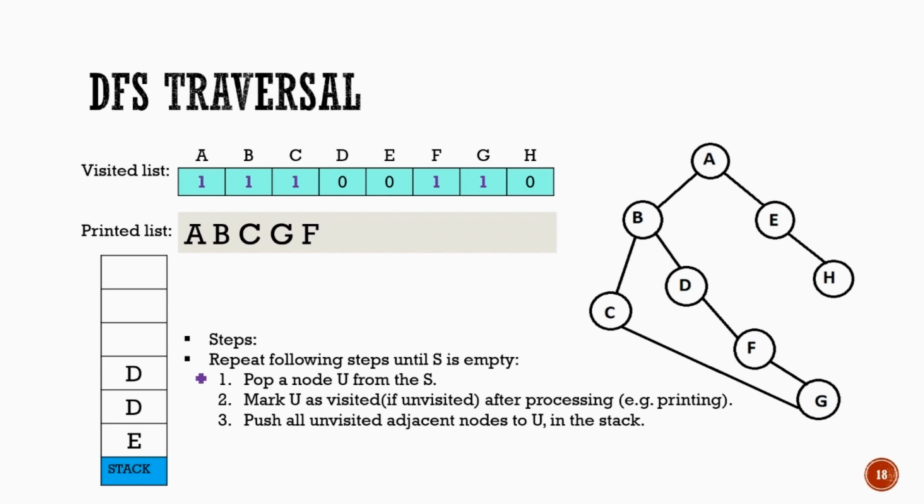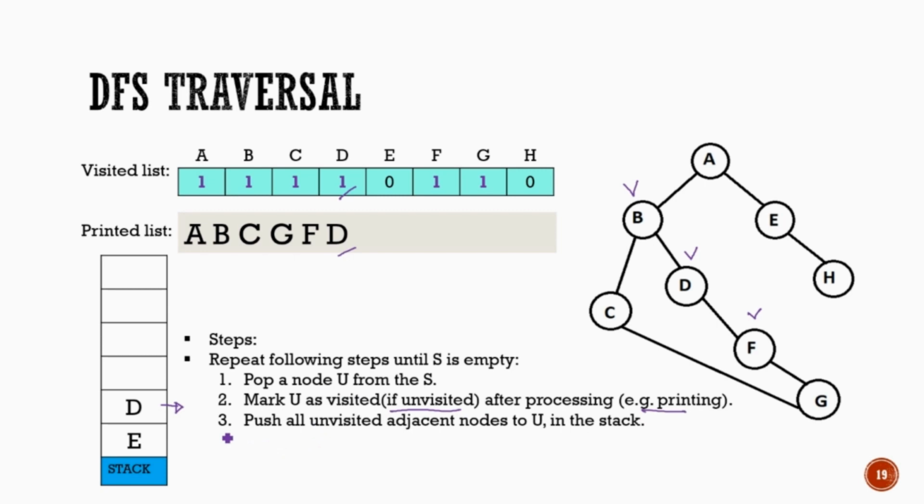Next we will take node D from the stack and print it. So we print node D and mark it as visited. Look carefully that the adjacent nodes of D are already visited. Node B is already visited and node F is also visited. So all the adjacent nodes of D are visited. So we can backtrack. So we pop the previous unvisited node and we see that this node is D. And D is already visited from F, so we can discard D. We will print only if the node is unvisited.